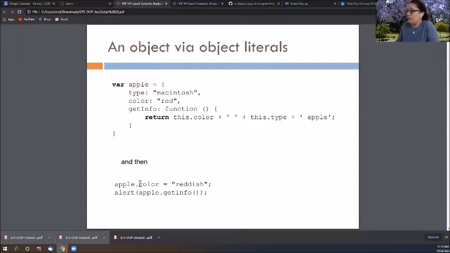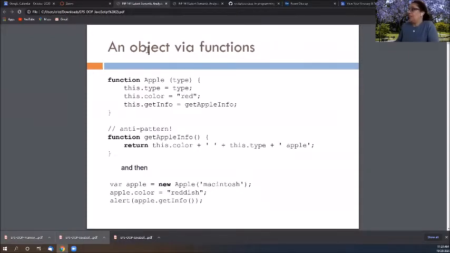Then you can invoke the fields and the methods in the regular way that you do in object-oriented programming, with dot notation: apple.color, apple.getInfo, and given that it's a function, you call it. All right, so this is how you create an object via a literal in JavaScript. You just declare it. Here's another way of creating an object, via a function. There are many variations that I'll walk you through. So here's a function, capital Apple,